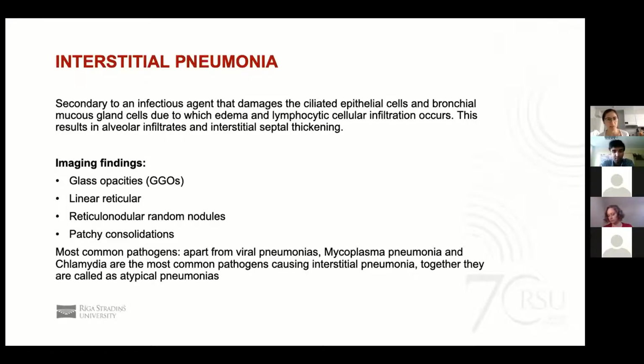And in this type of pneumonia, we have more ground-glass opacities. Ground-glass opacities means that it will look more light gray. It's similar to consolidation, but usually it's more grayish, light gray, and more even in color compared to consolidation, which can look more spotty and more whitish, with differences in the gray-white scale. And also we can see linear reticular patterns,